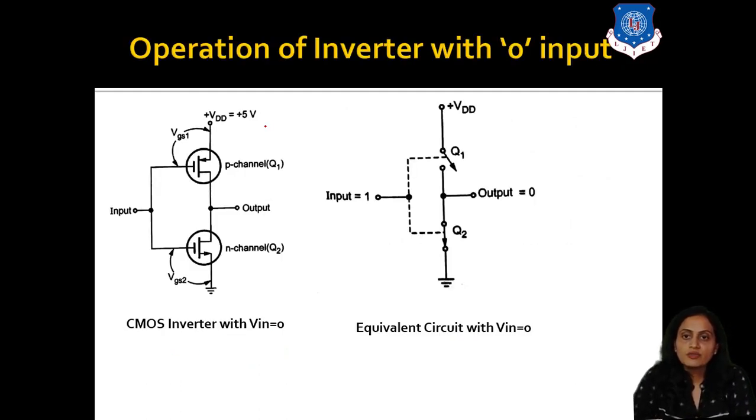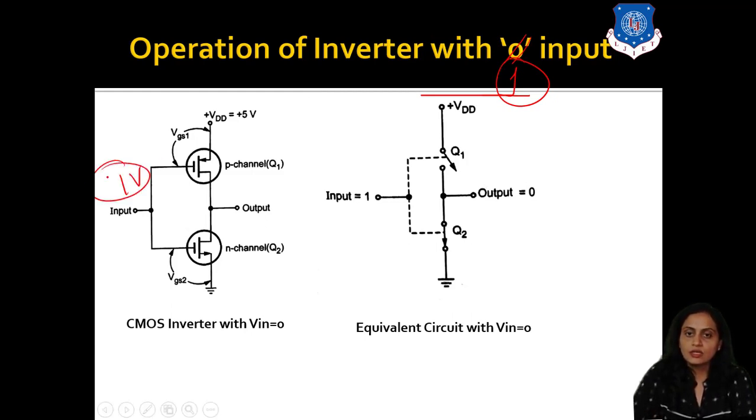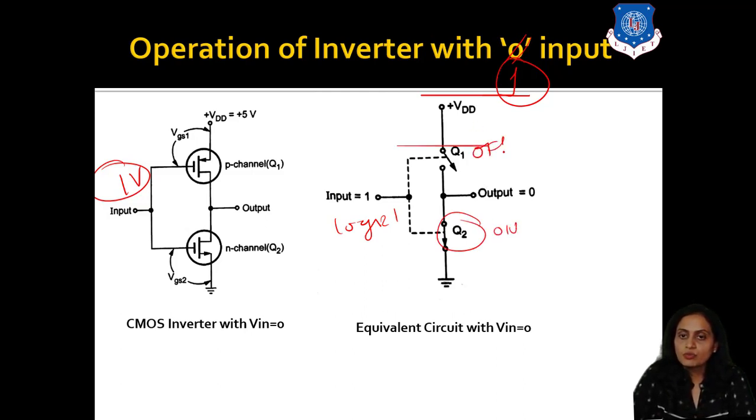Let us see the operation of the inverter, that is the NOT gate, with input 1 applied. We are applying input 1, then what happens? We have applied 1 volt over here, or logic 1. We will see only logic 1 and 0 over here. So the input is, for example, logic 1. That means this NMOS will be on and this PMOS is off, shown with the switch open, and due to this the output is connected to ground and the output is logic 0. So when the input is logic 1, the output is logic 0.